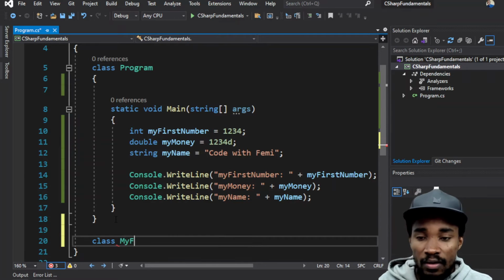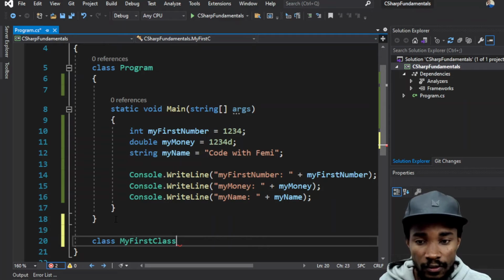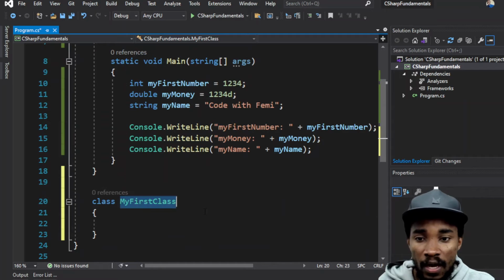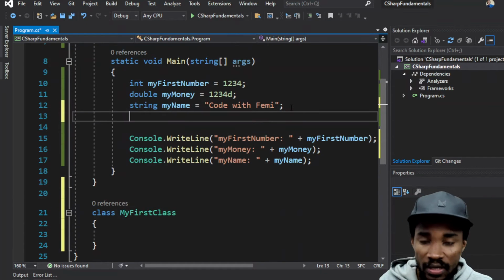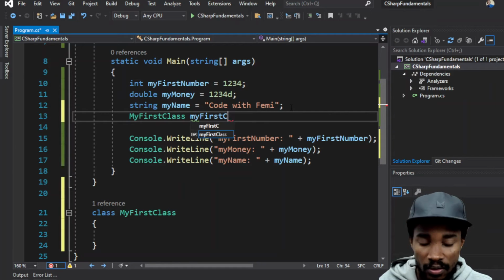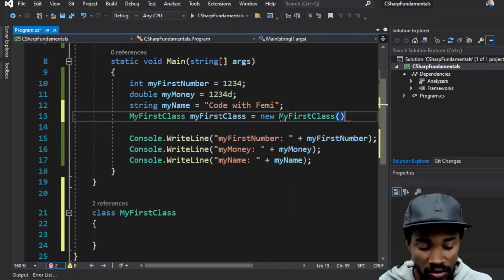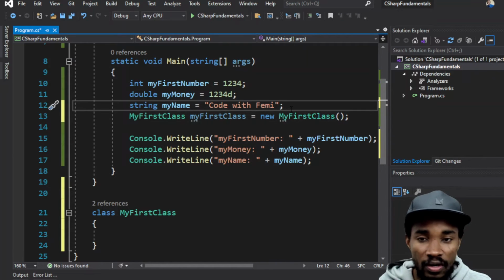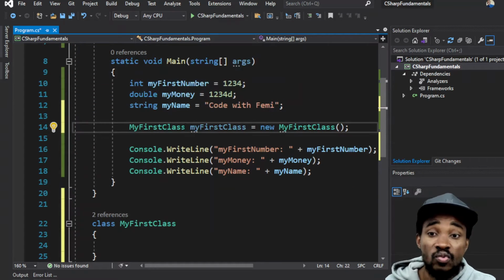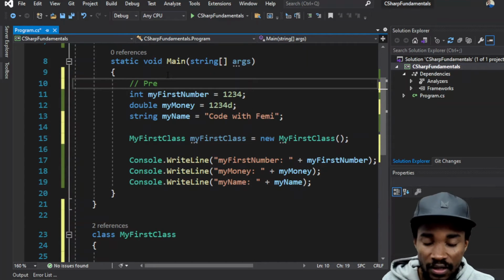I'll call it my first class, and then in here I just want to do this. So I'll just copy that, and then I'll declare my first class equals new my first class. So these are your primitive types, and these are your non-primitive types. This is the one I defined. So this one, I'm just going to put a comment here. This one are predefined